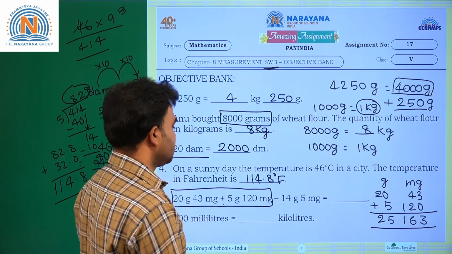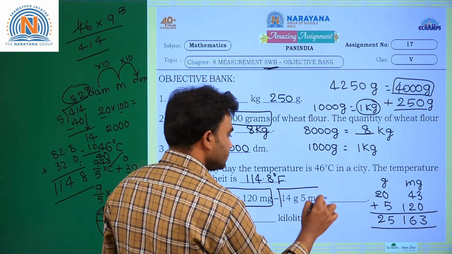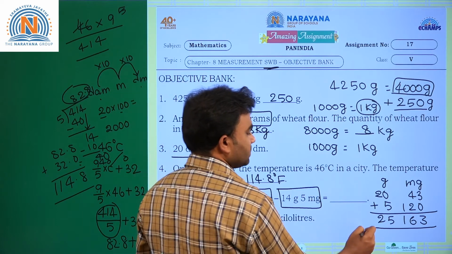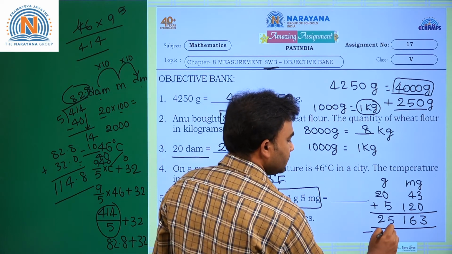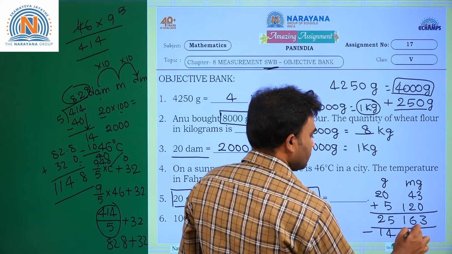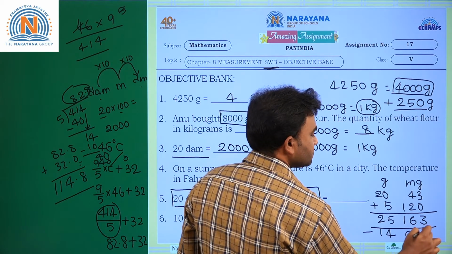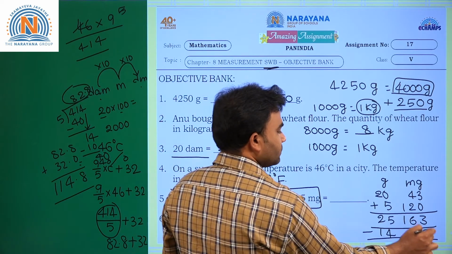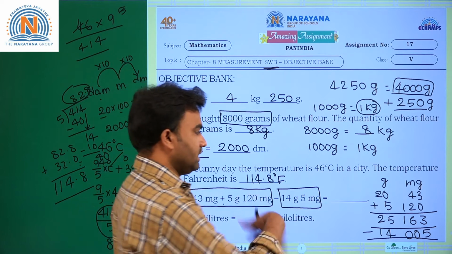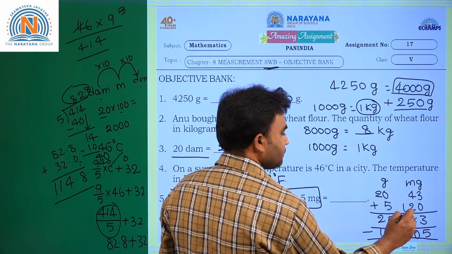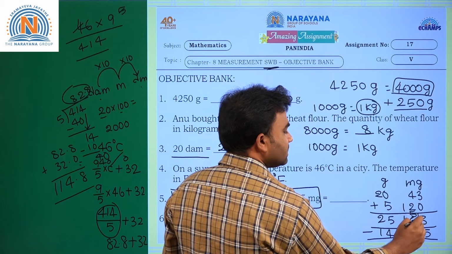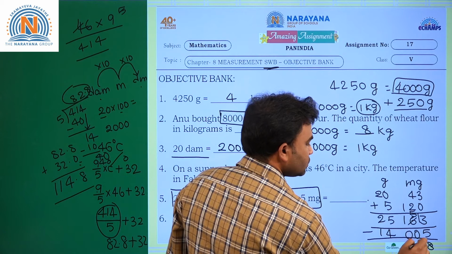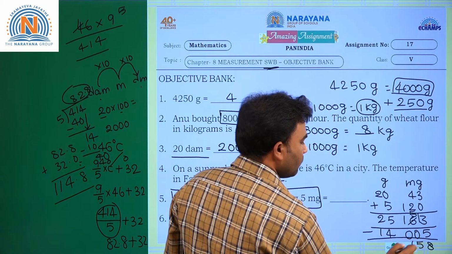163 milligrams. Now subtract these. 14 grams and 5 milligrams from this, that is minus 14 grams and 5 milligrams can be written like this, 005. Now subtract both the numbers. 3 minus 5 is directly not possible, then take the help of the next number. Here it will become 5 and this 3 will become 13. 13 minus 5 is 8. 5 minus 0 is 5 and here 1.